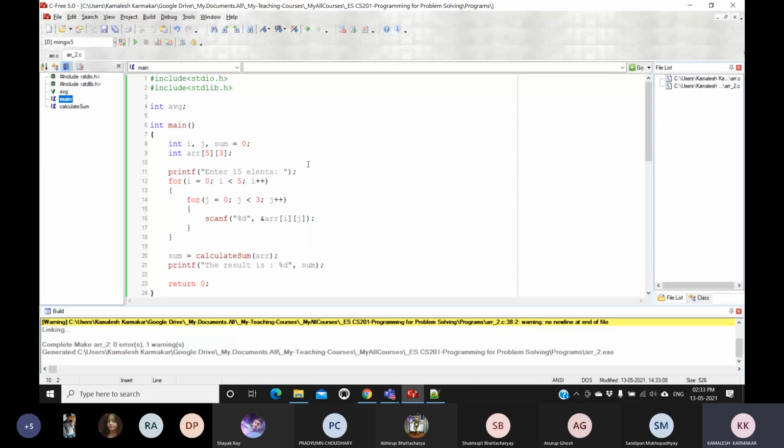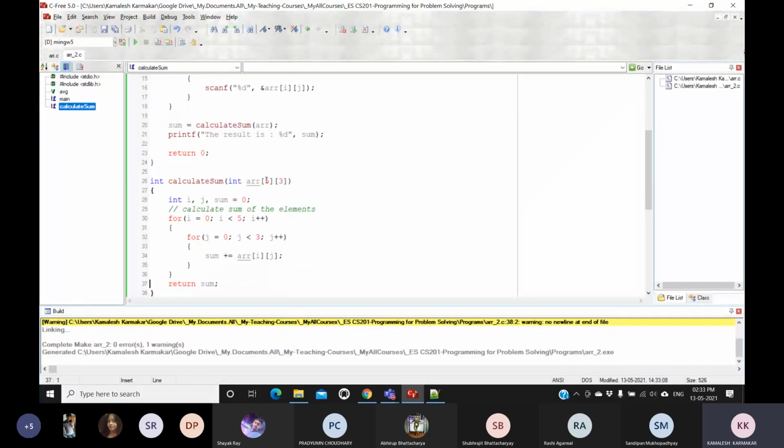Now the question is, earlier we have shown that if I declare an array, in the declaration we have to mention the size or dimension of the array.